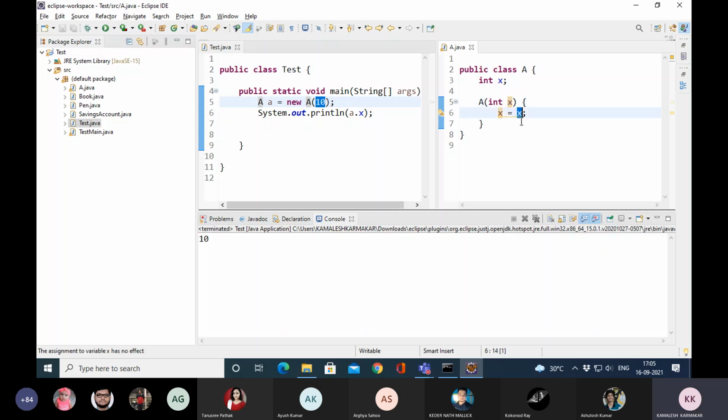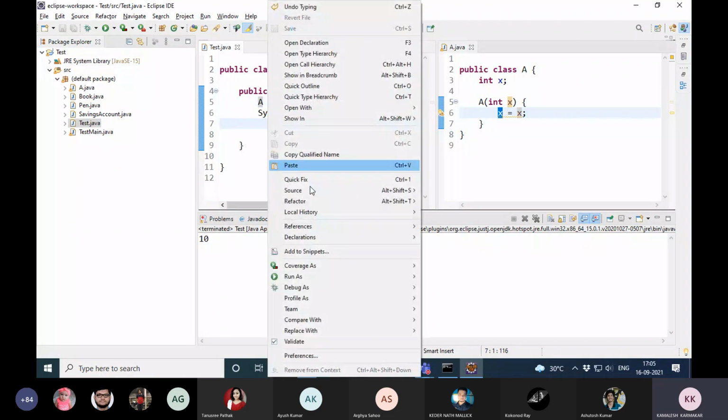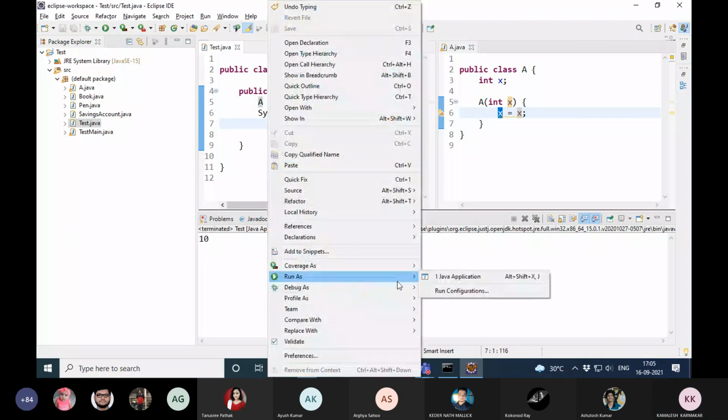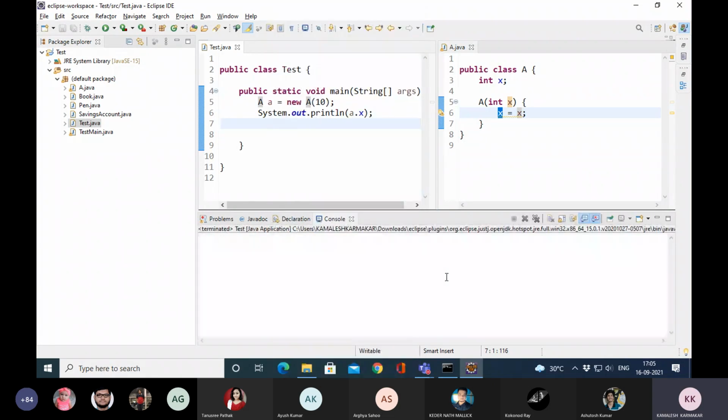Now this x is being used to update this variable x. So what will be the output now? The expected output is 10, but actual output is 0. Okay. The reason is